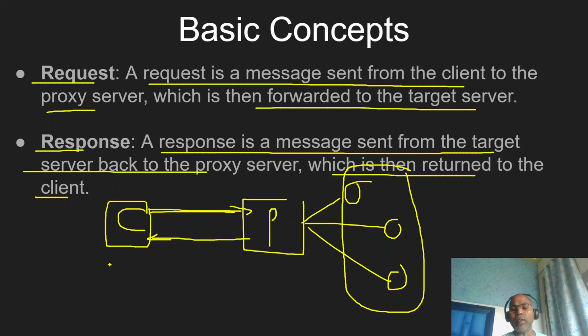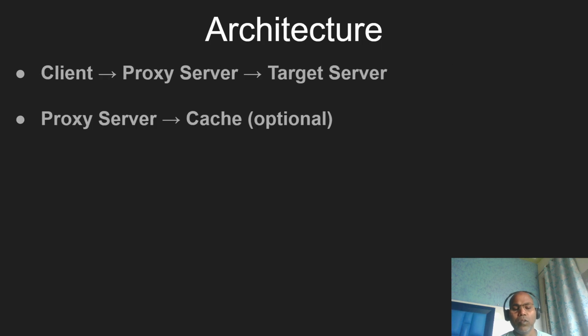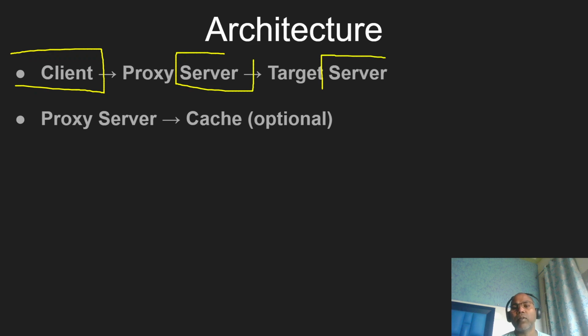From the client's perspective, the client communicates directly with the proxy, like in real life with a dealer. We communicate directly with the dealer and buy the product, whatever, and the dealer may contact multiple manufacturing companies to actually deliver the product to the customer. So if we talk about a very simple architecture, generally there is one client component, the proxy server component, and your target server component.